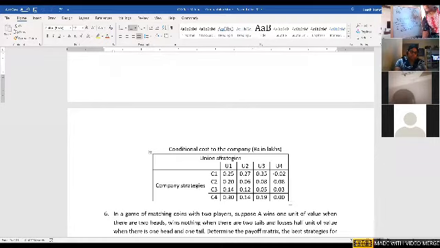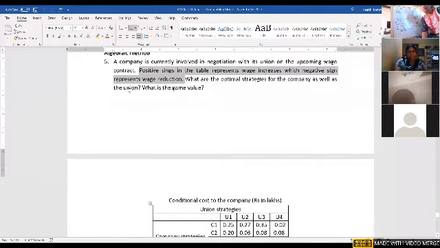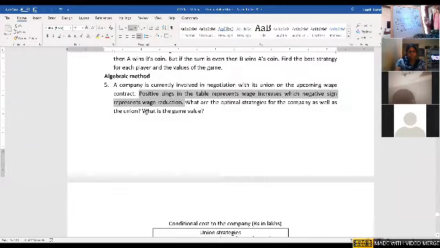Yes or no? But if the union always tries to reduce the wage, obviously the union always requests the company to increase the wages. That means the positions are wrong. We need to just convert rows to columns and columns to rows. Simple. That is how, to satisfy this, it is very important. Did you understand, girls? Logically it is the opposite: the company will try to reduce the wage and the union will try to request increasing the wages, but the given matrix is the opposite. So simply, we need to convert rows to columns and columns to rows.